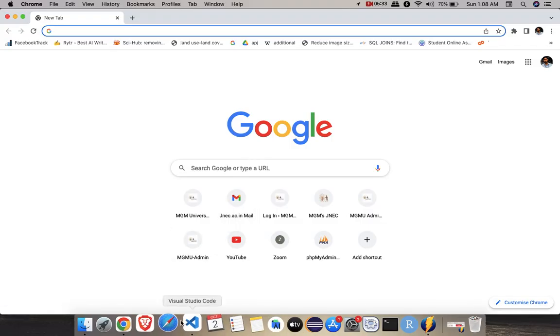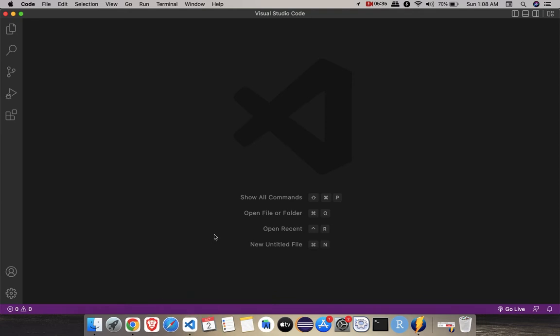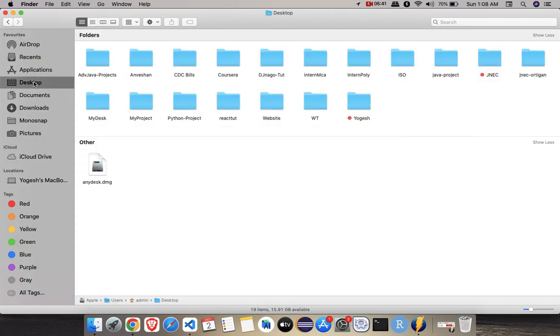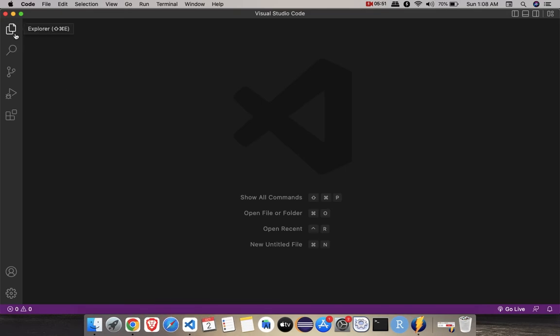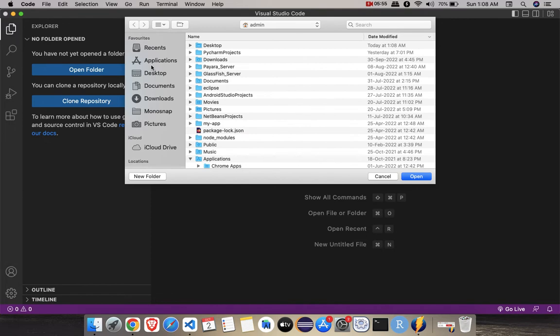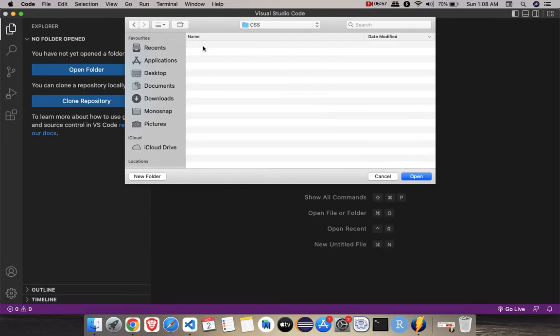Open your VS Code, then create one directory for your project. So I'll open my directory, I'll go to my desktop, I'll create a new folder with the name CSS, and within this folder we'll save our files. Open your VS Code, click on the Explorer, open the folder which you have created, that is the desktop, CSS,